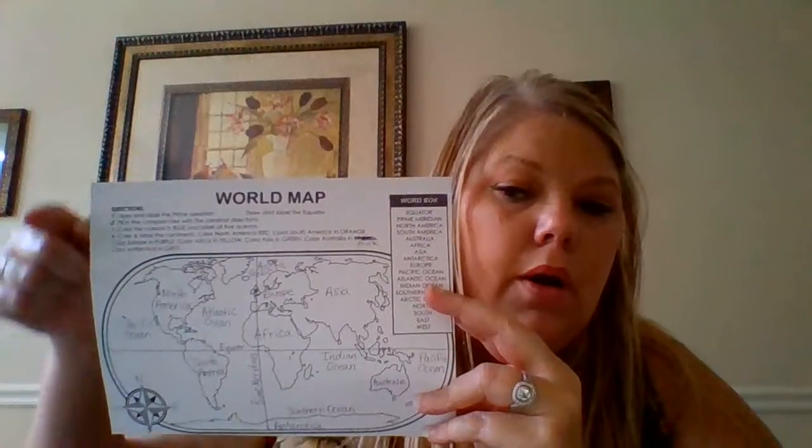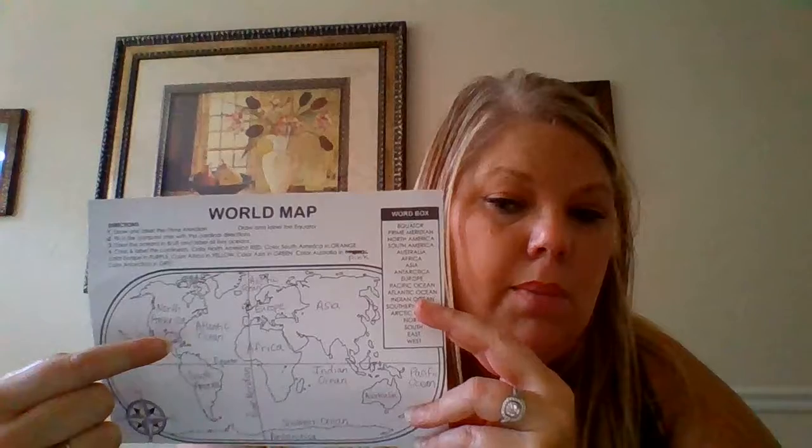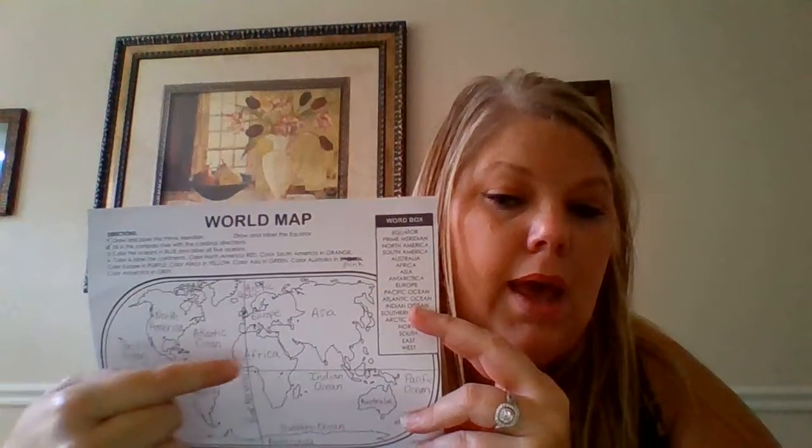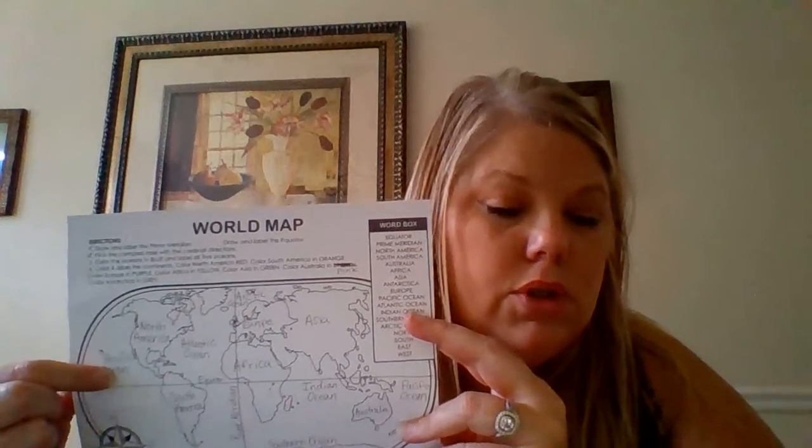You have the Arctic Ocean, and that's ARC, arc, like a rainbow arc, because our sphere of our Earth has an arc at the top. So the Arctic Ocean, and below the Arctic Ocean, which starts with an A, in between the Americas and Africa, you also have the Atlantic Ocean. So A, okay, and A, Antarctica. All right, so you have the Atlantic Ocean, you have the Pacific Ocean,